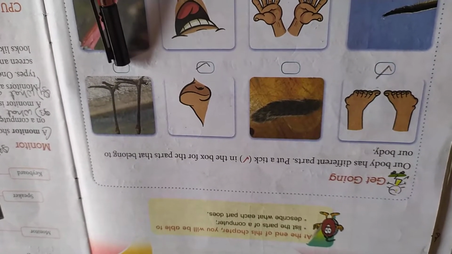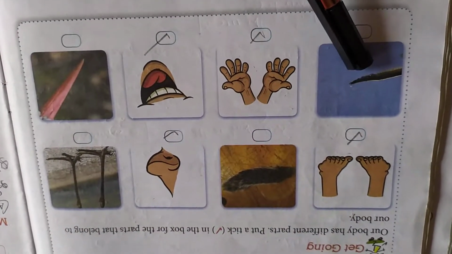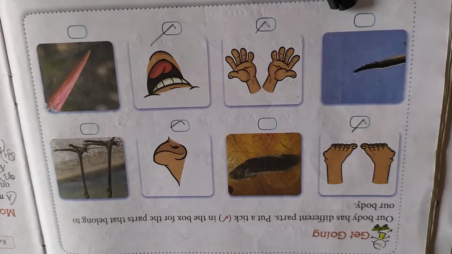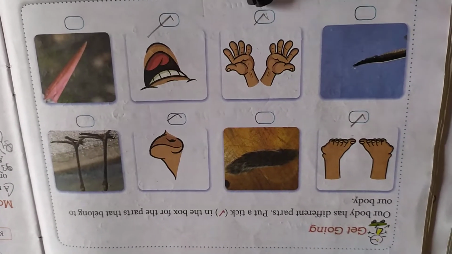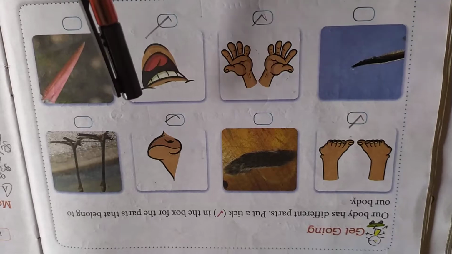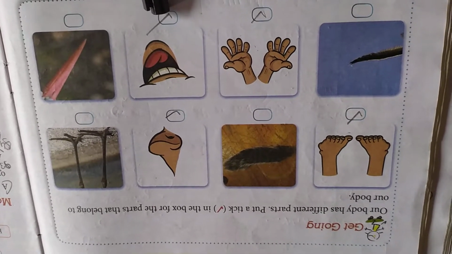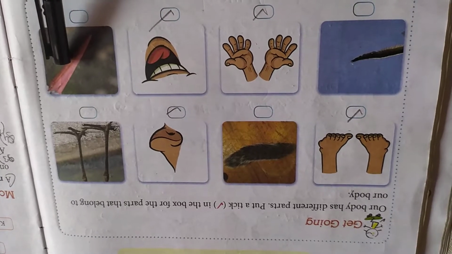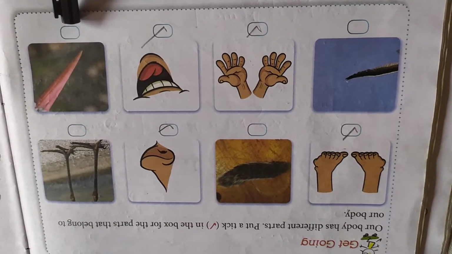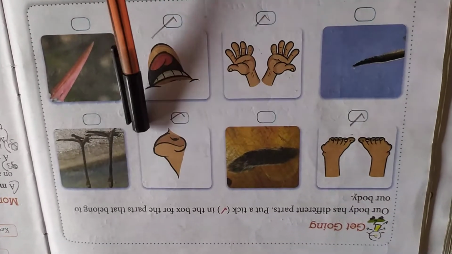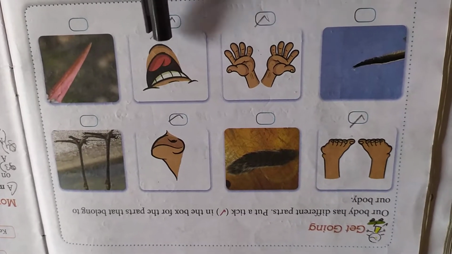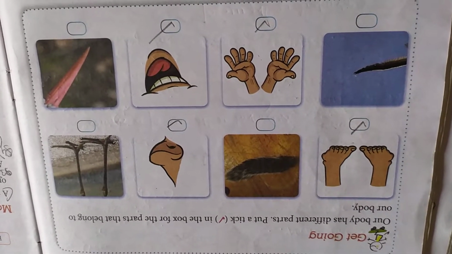This, no, this is not a part of our body. Wings, no, this is not a part of our body. Hand, yes, this is a part of our body. Mouth, yes, this is a part of our body. Beak, no, this is not a part of our body. So, leg, nose, hand and mouth are the parts of our body.